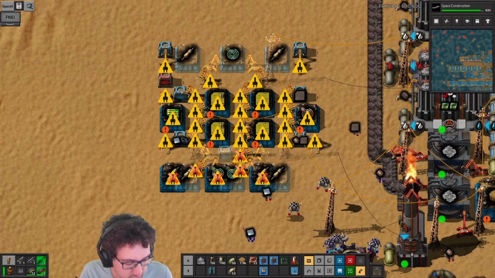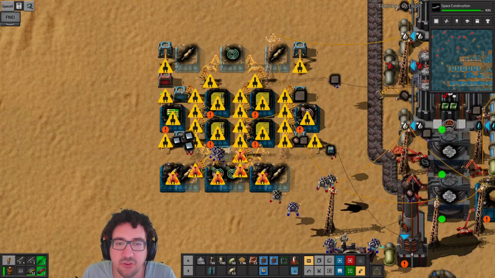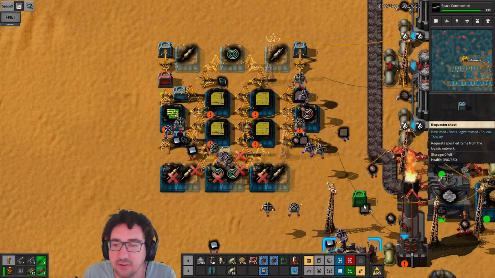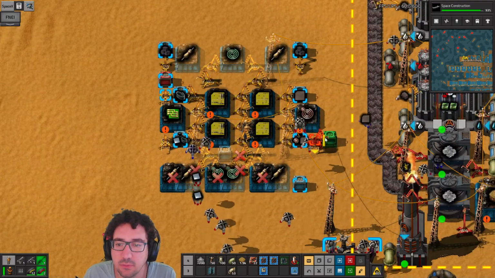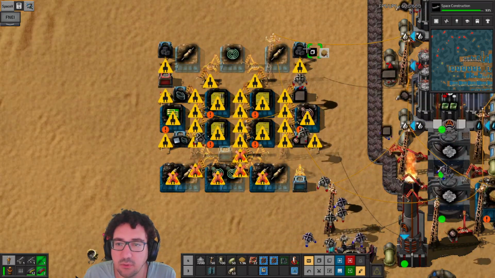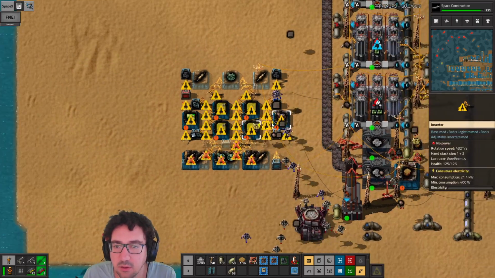This is episode 376 and we're just going to scale up our green circuit production a little bit. So we have you going over here and we have you going over here. Okay,